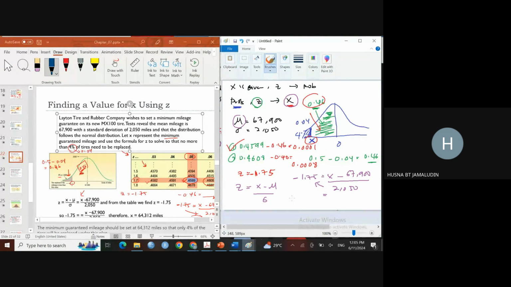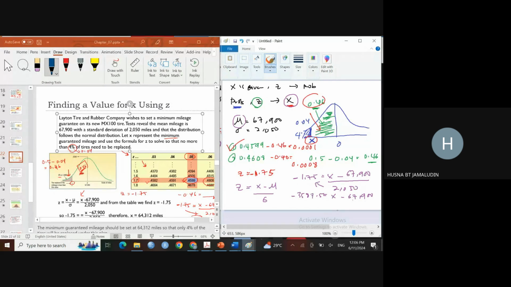Anyone? With the calculator? Negative? What will you get here? Negative 3587.5. So you have removed the bottom part and then you will get x minus